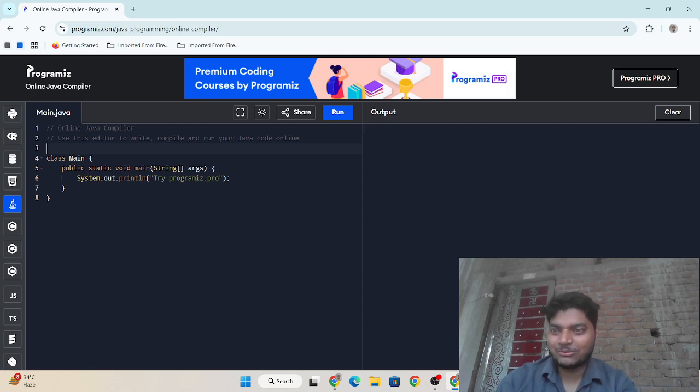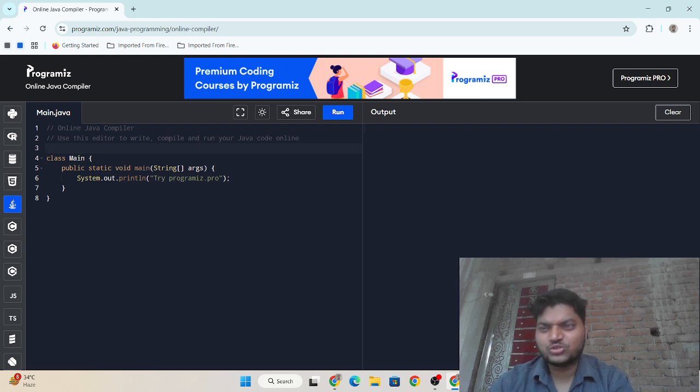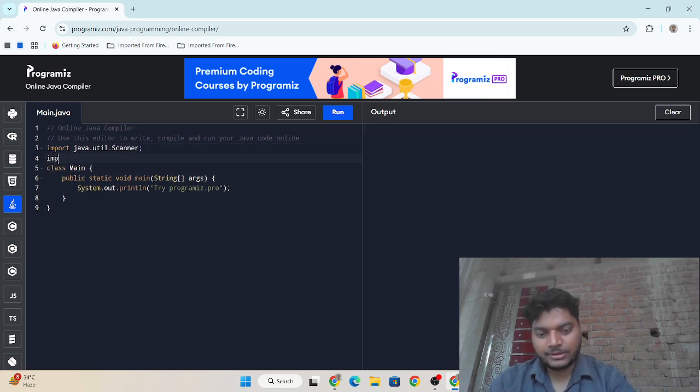I'm going to import from the util package of Java, and I'm also going to import the Scanner class for taking user input. Please write along, and then you can learn in a better way. I'm going to write import java.util.Scanner, import java.util.Stack.